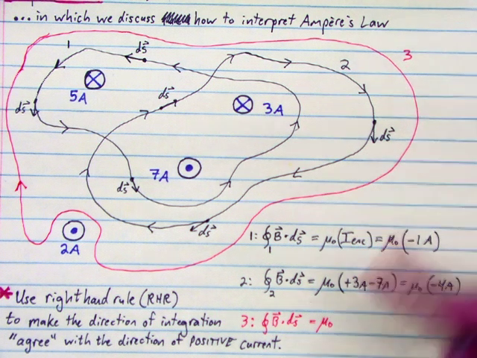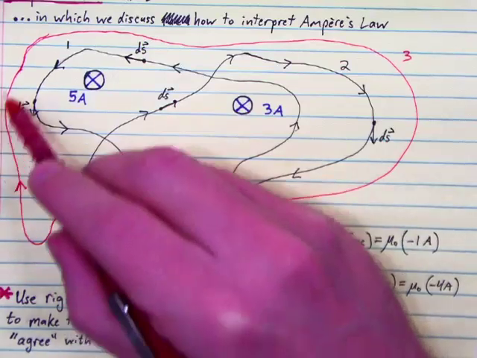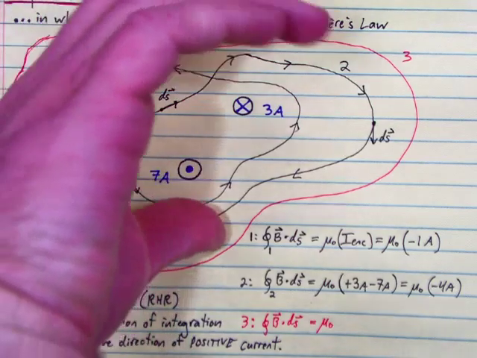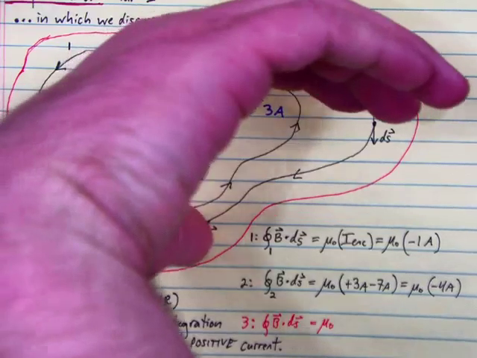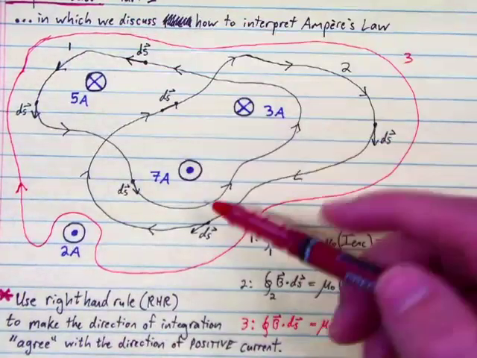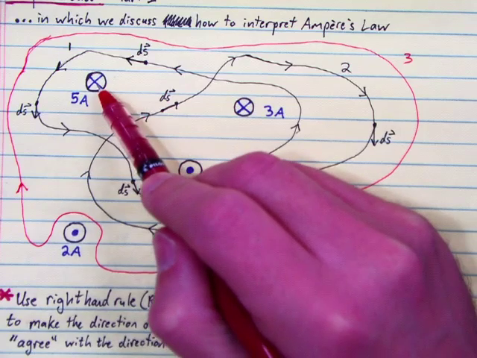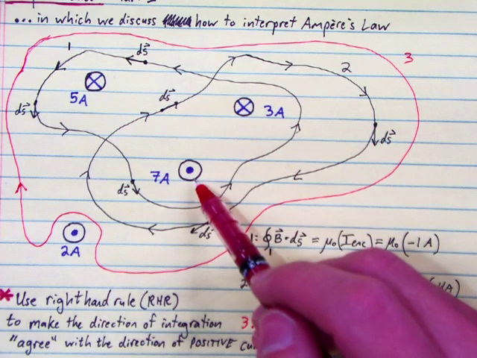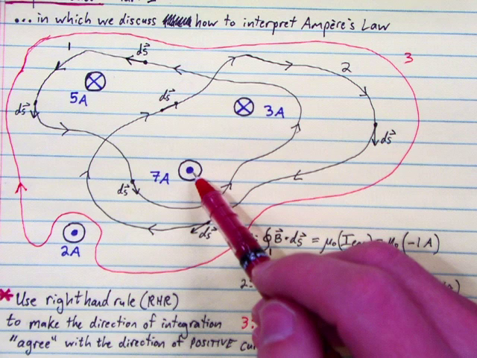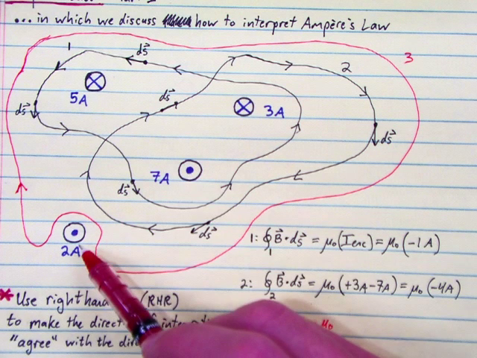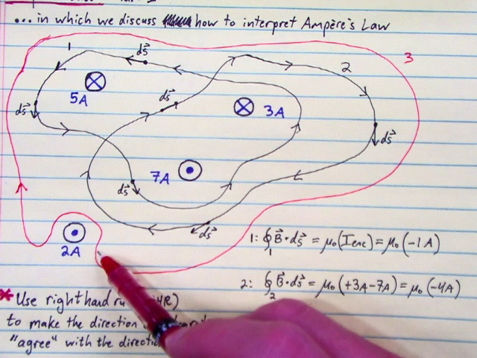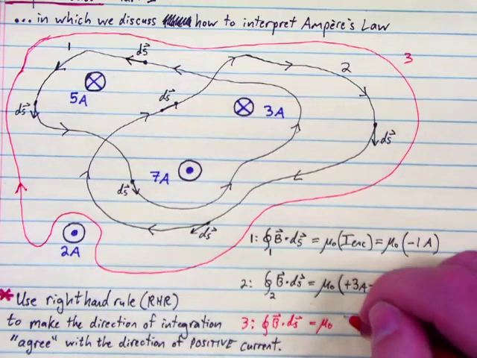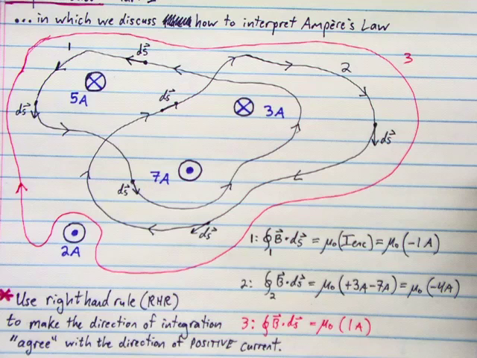Ready? Okay, if we're going this direction around that path, then that's clockwise travel. So by right-hand rule, into the page will be a positive current. So all currents into the page will be positive. So that's a positive 5 amps, a positive 3 amps for a total of 8, minus 7 amps for a total of plus 1 amp. This current is almost enclosed, but not quite enclosed by the path, so that one doesn't count. So plus 8 amps minus 7 amps, total of 1 amp positive enclosed by